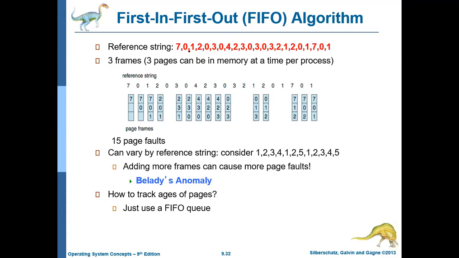No more than 3 pages you can accommodate in the main memory. You are going to use these pages in this particular order, but you can have only 3 pages at a time in the